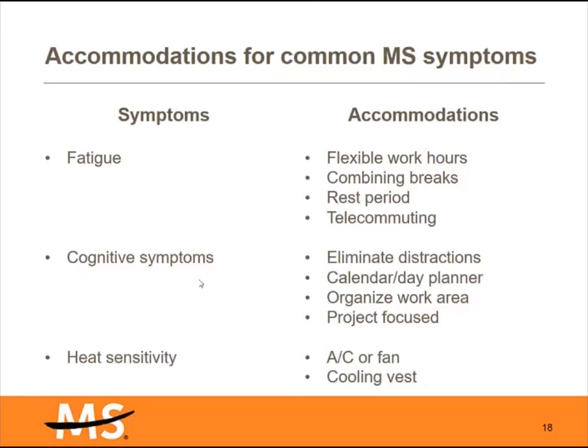So again, fatigue, the most common symptom that we see with MS: flexible work hours, combining breaks, taking a rest period, telecommuting. As I'm going through these types of accommodation strategies, I also want you to keep in mind that many of these accommodations don't cost anything. I think we see this across the board in terms of the cost of accommodations, but especially the accommodation strategies for people living with MS. Many of these don't cost a lot or might not cost anything. So even just looking at flexibility in the schedule, cognitive symptoms, eliminating distractions,